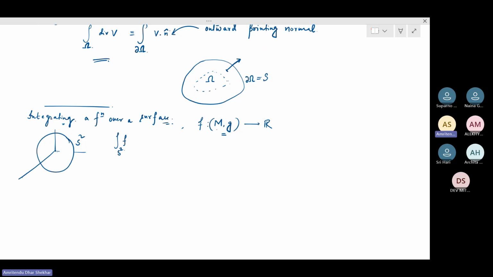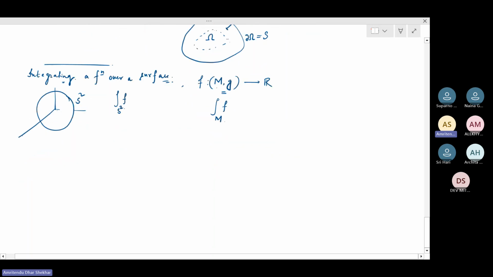So the integral of f over this manifold M, well, you need to know how you define an integral of a function over a manifold in general. The way in which we do this is through charts. I'll give an example of what this is. Maybe this is not too relevant, it's a bit general, of course. Let's say you take the example of a sphere. This is your sphere S2. S2 is the unit sphere in R3.